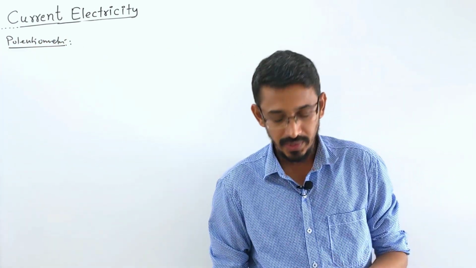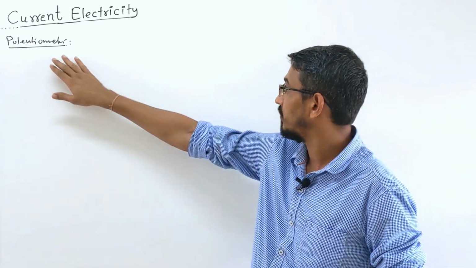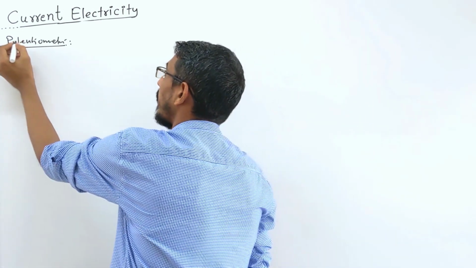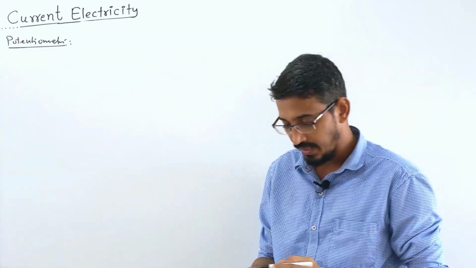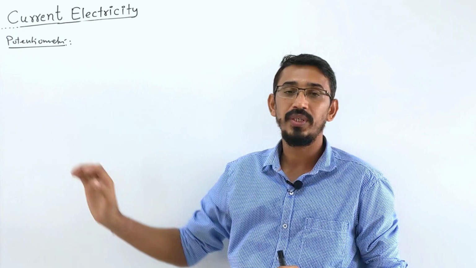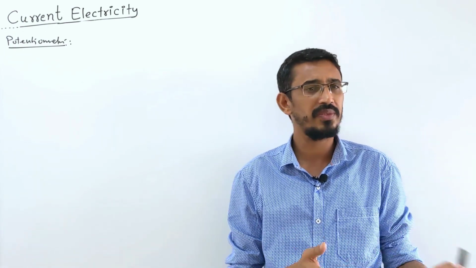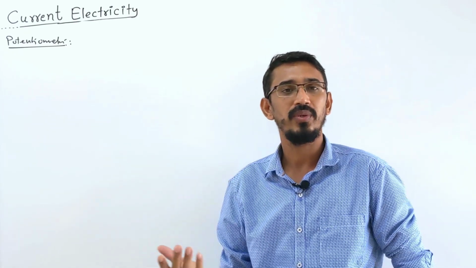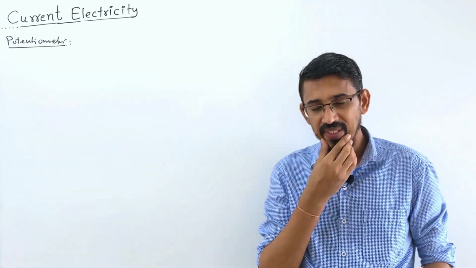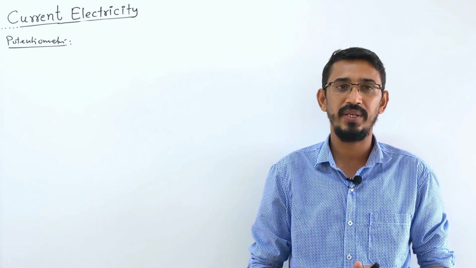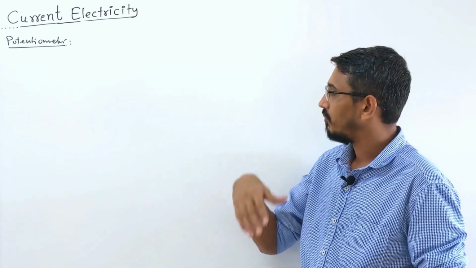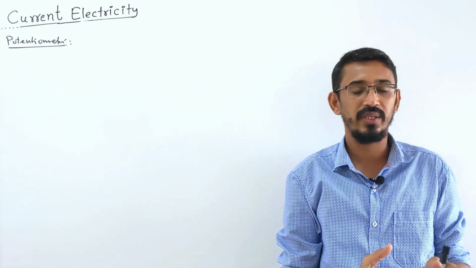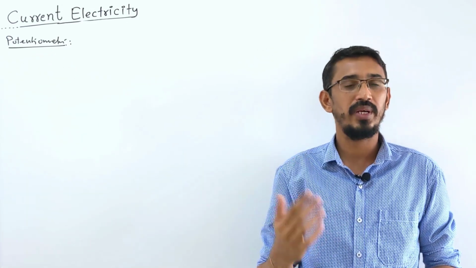What is a potentiometer? The function of this device is the same as your voltmeter. It also measures potential difference, or current, but it's better than a voltmeter, because a voltmeter doesn't read accurately; it gives an approximate reading. Instead of the voltmeter, when you use a potentiometer to measure the voltage or current in a circuit, it gives a more accurate reading, okay.